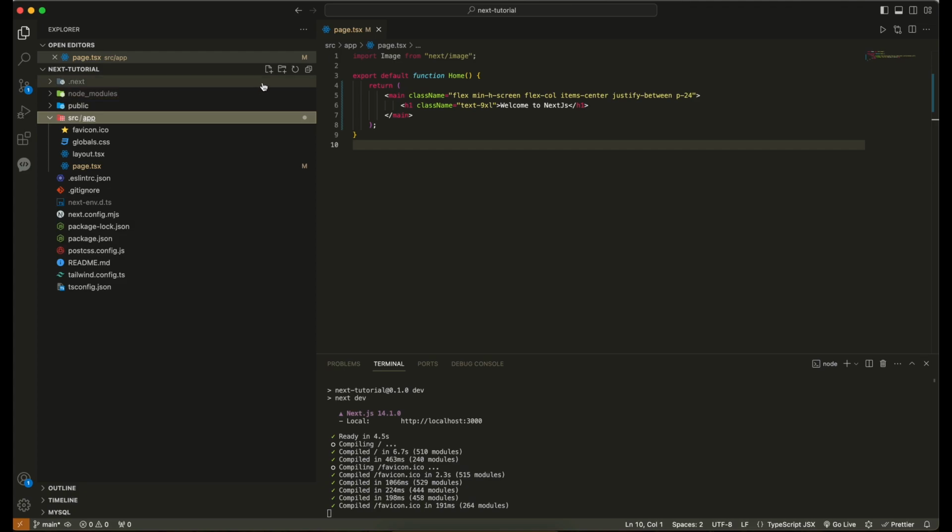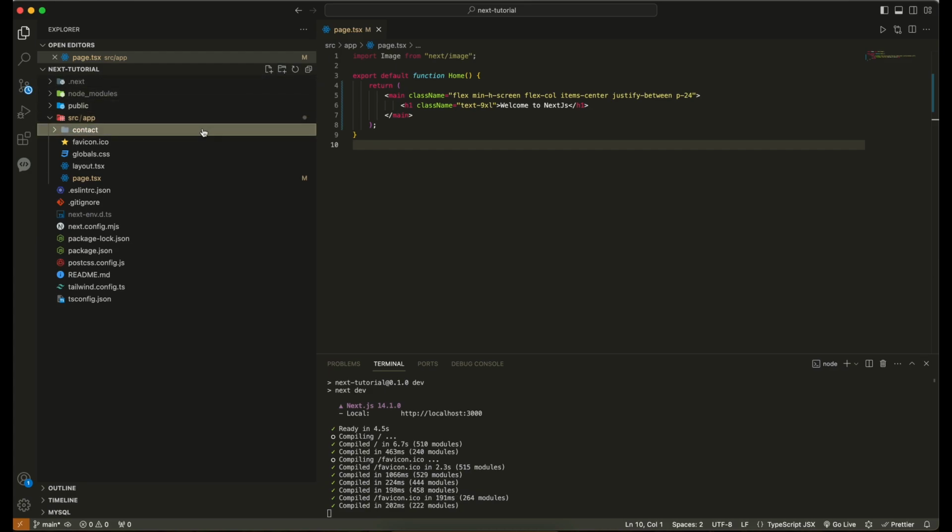All we have to do is create a new folder in our app folder, and we call it contact. Okay, and within this contact folder, we just simply add a page.tsx, and by default a new route,